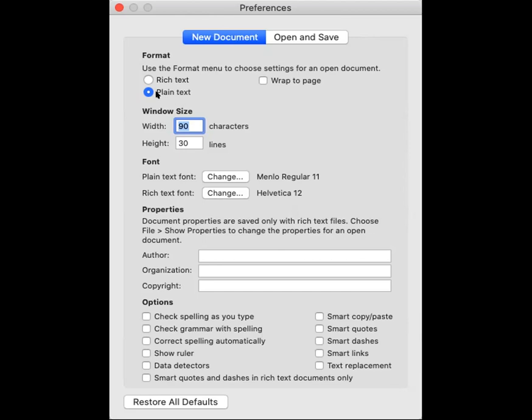So first, you have to make sure that this plain text is checked in the preferences of TextEdit. And you have to make sure that none of these boxes is checked because these boxes are doing stuff which